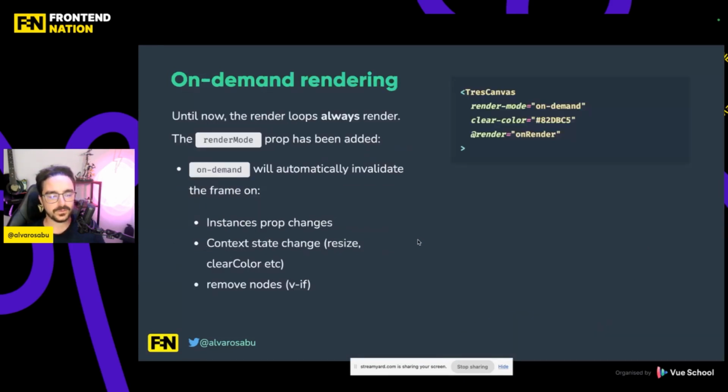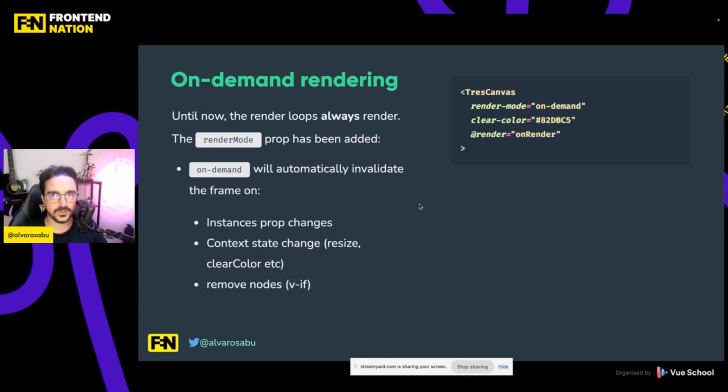So let's talk about the first one, that is on-demand rendering. So until now, the renderer always rendered. Okay, so what does it mean? That we have a canvas and we are rendering 60 or 120 times per second, no matter if the scene is being updated, if there is an animation, if it's still. Okay, so of course, if we can avoid